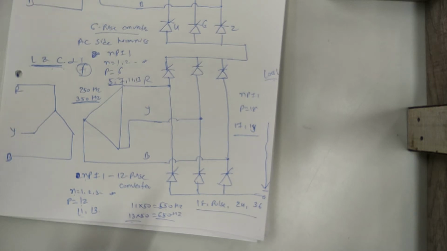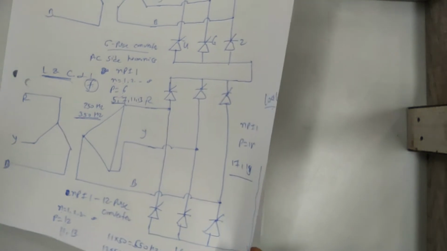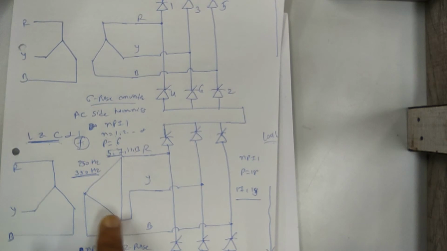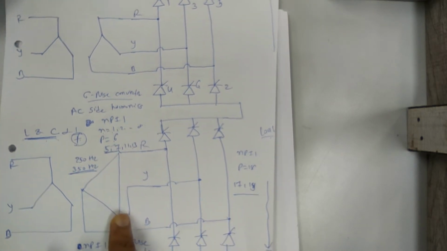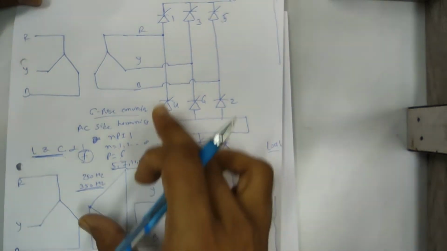So this is the advantage of 12 pulse converter, or you can say the multipulse converters. So let's graphically see this, or by using the waveform we will see how we get this waveform in the 12 pulse converter. As we see, in the 6 pulse converter we connect two 6 pulse converters. You can see here one is star star and another is star delta connected supply. So one by one we see the waveform for the star star, then star delta, and then after combining these